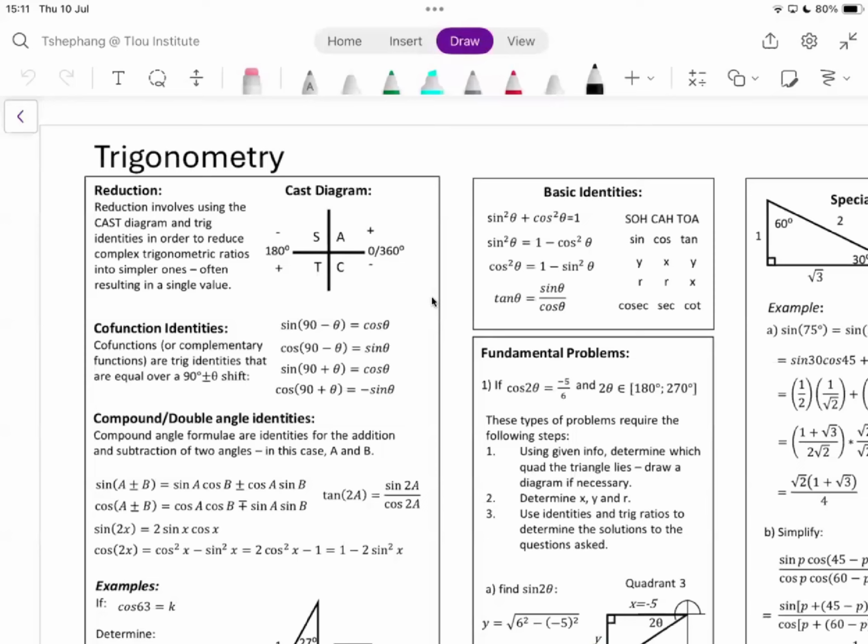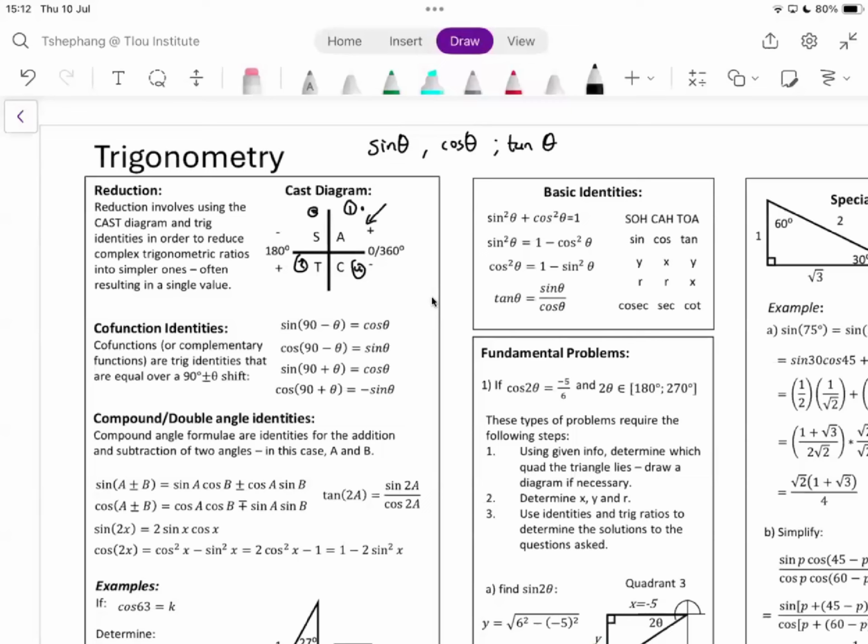We all know what the CAST diagram is. It was introduced in earlier grades, especially grade 10 and then grade 11. We are dealing with the four quadrants, 1, 2, 3, and 4, and we go anti-clockwise. This is the first one, and then we go anti-clockwise. In the very first quadrant, all three ratios are positive. The three ratios I am referring to are sine of theta, cos of theta, and tan of theta. So all three of those are positive in the very first quadrant.